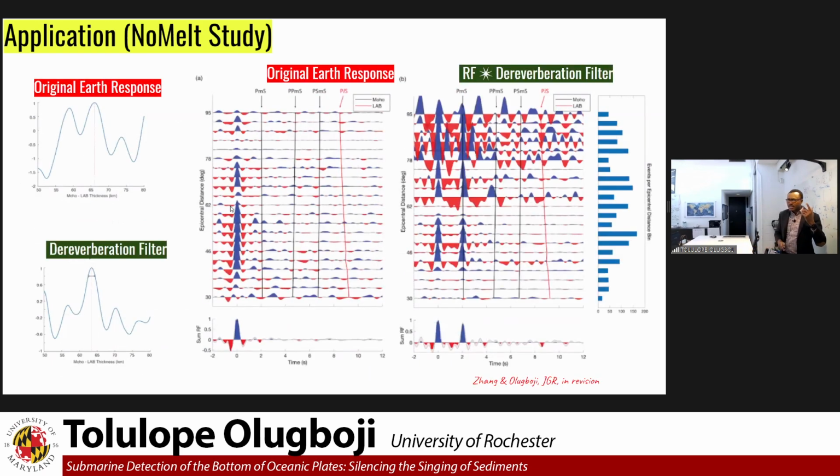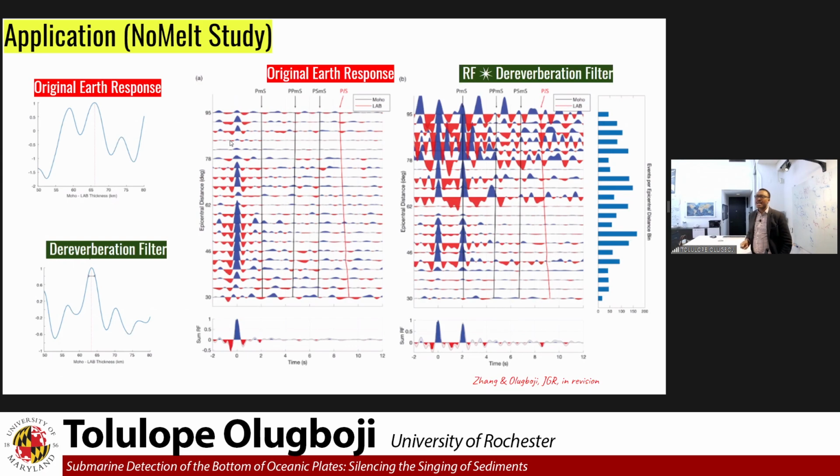Okay, apply this filter to actual data. This is the original response without the de-reverberation filter. This is our receiver function after we deconvolve the singing effect. So before, after. Again, this is receiver functions. But in this case, they're plotted as times your direct pulse,